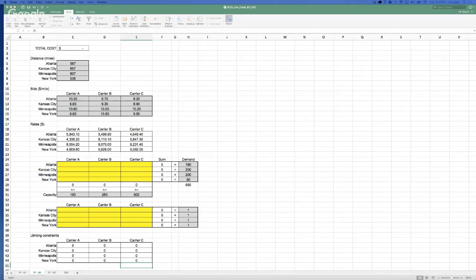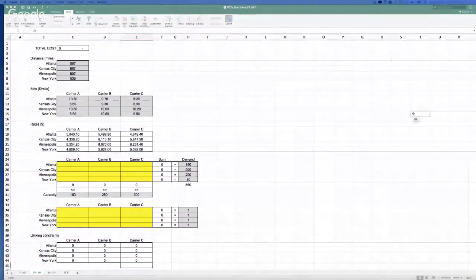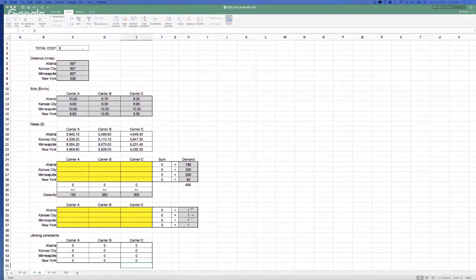Then I'm going to make sure that this sum is exactly equal to 1. That's equal to what we have in the cells H34 to H37.